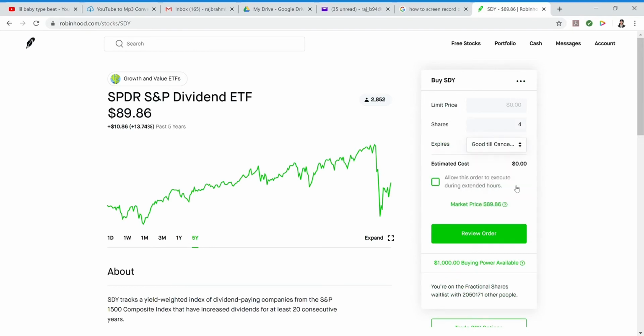So as you saw, I actually went to those 3 dots right there. I put in a limit order. I put in how many shares I want, which was 4. The limit order that I want to buy it at, as you can see right now, it's like $89 something at the time of the purchase. So I want to buy a little bit less than that.